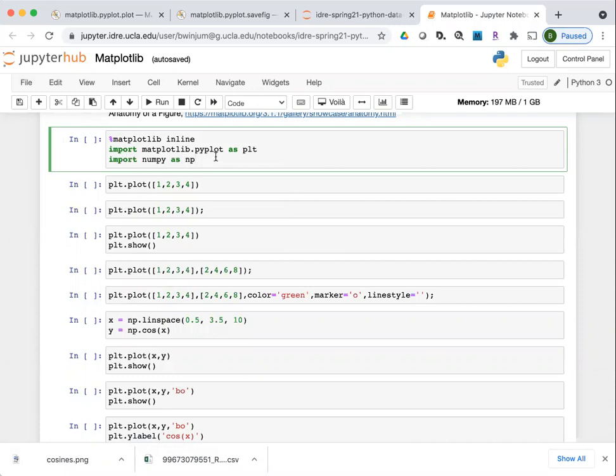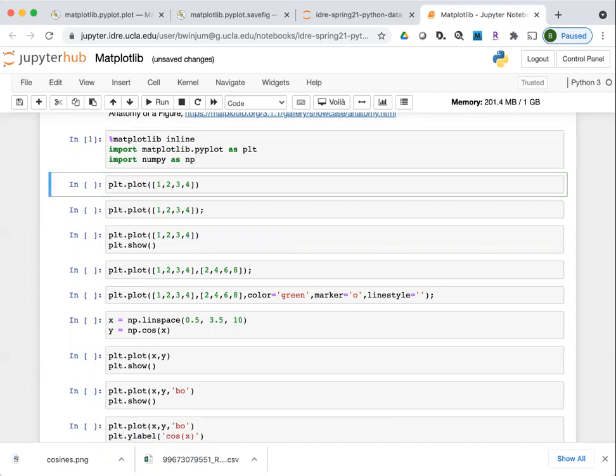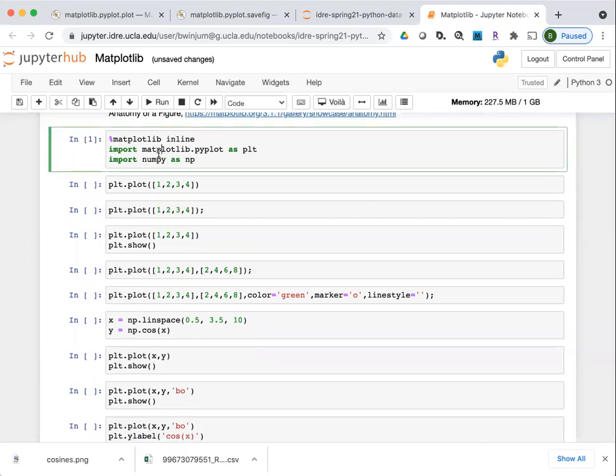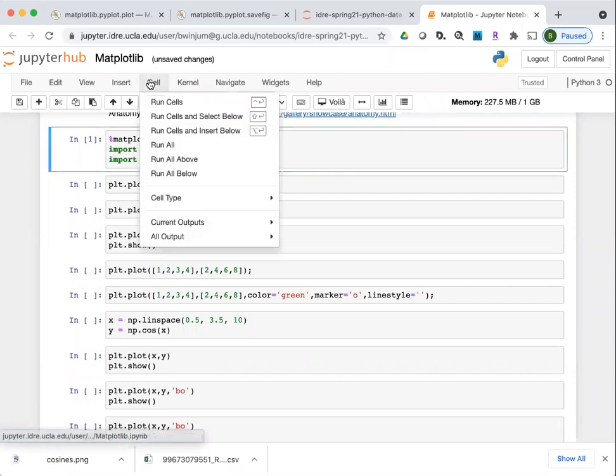And in order to execute the commands that are inside of this cell, you hit Shift and Return or Shift and Enter. In this case, nothing is output because all it's doing is importing libraries. Another way to run a cell, you can click on the run button. Here, there's a little red button icon, or you can come up to the cell menu and say run cells.